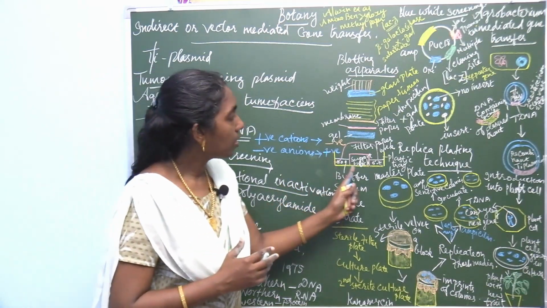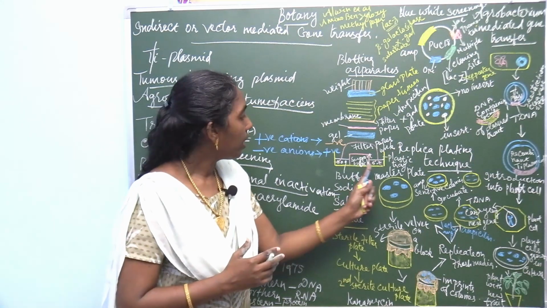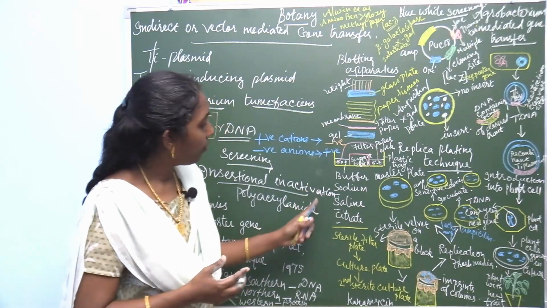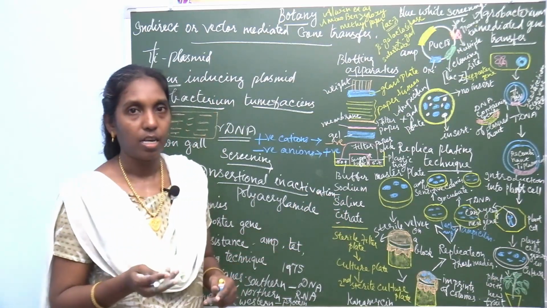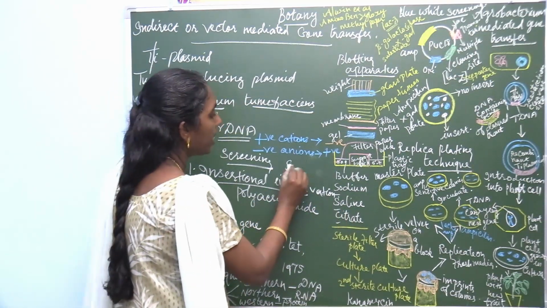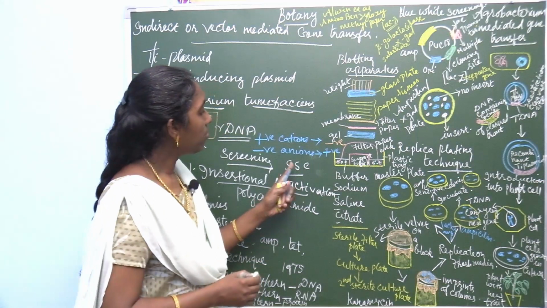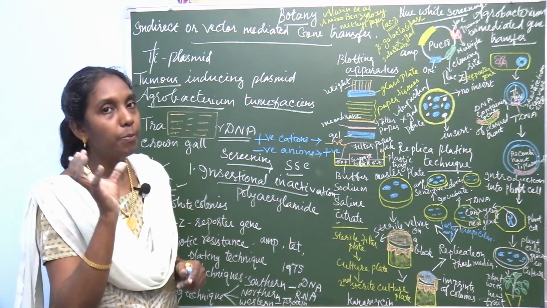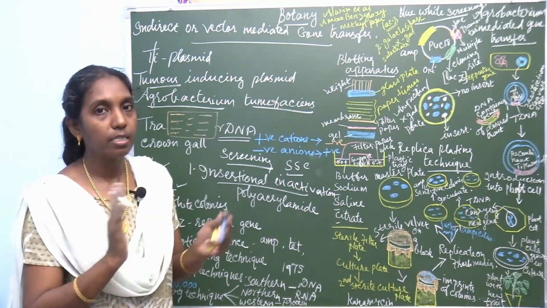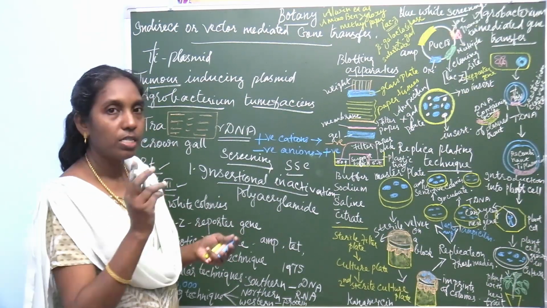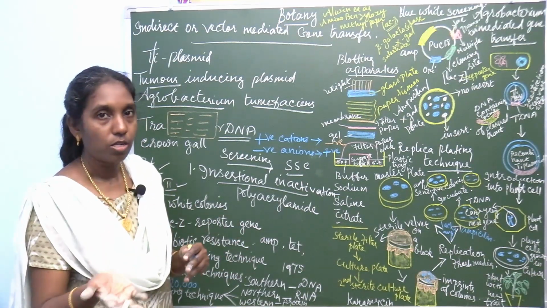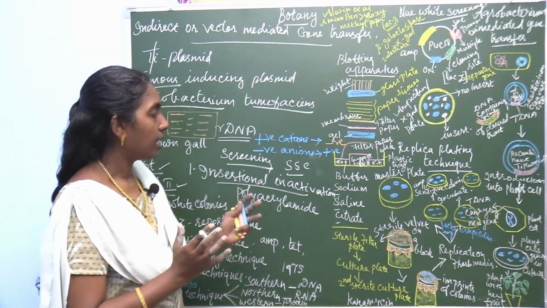This is a plastic tray which contains a buffer. The buffer taken here is sodium saline citrate, commonly called SSC. What's the function of the buffer? It maintains the pH. So, first is capillary action, the transfer of DNA from agarose gel to nitrocellulose filter paper, and now the buffer is selected.